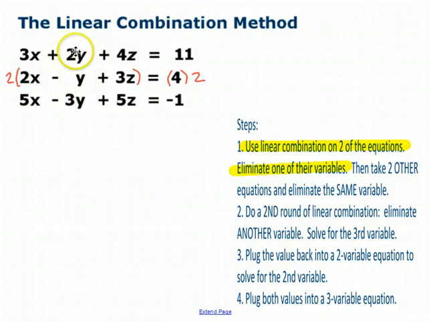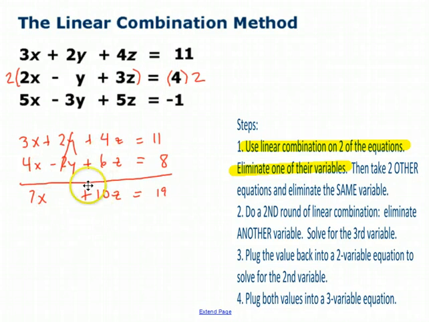If you want to cancel the y's between these two, then you're going to have to multiply this second row by 2. And here I've written out what would happen. Notice the first row here I've simply duplicated right there, but the second row I've multiplied everything in black by 2. When you do that, you'll find that the y column cancels, and you end up with this, 7x plus